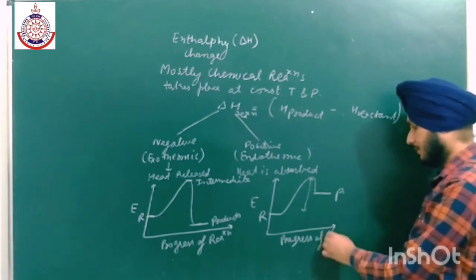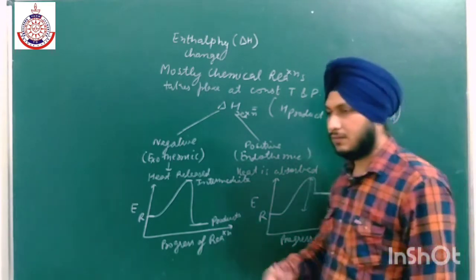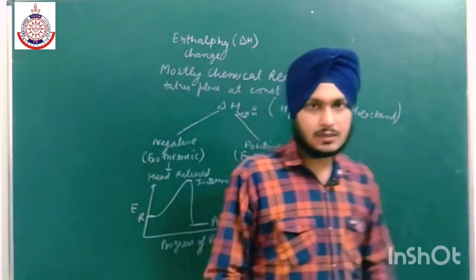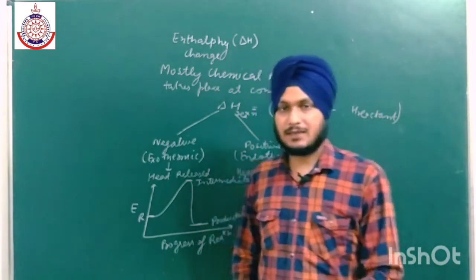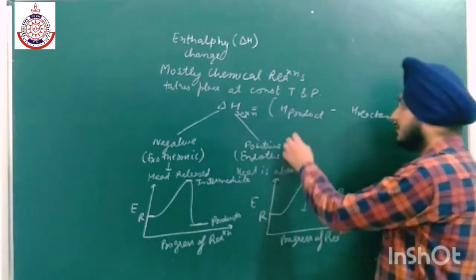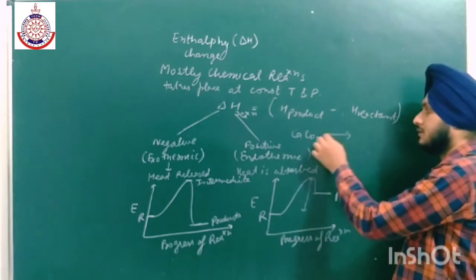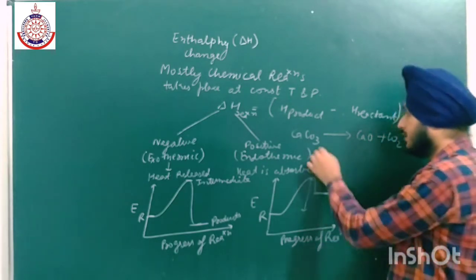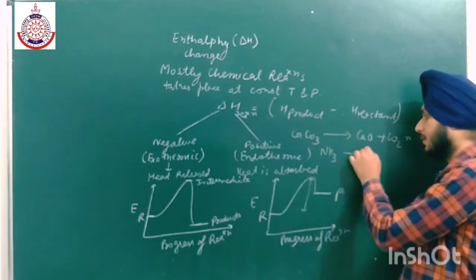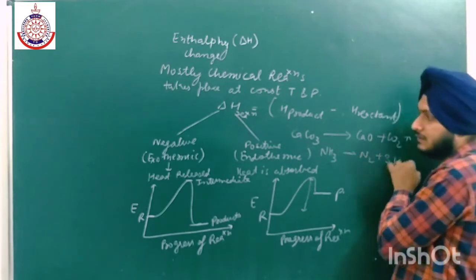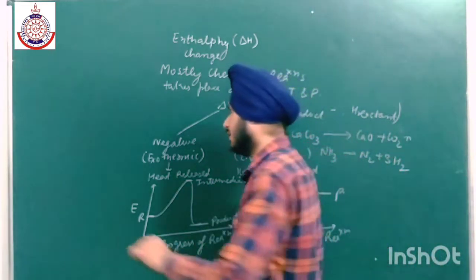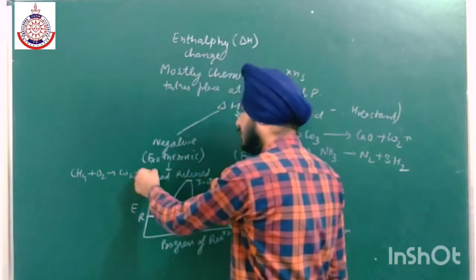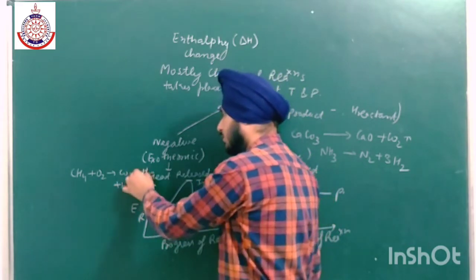Here the energy of product is higher than that of reactant, and here we have the progress of reaction, or reaction coordinate. There are a large number of exothermic reactions. For example, we have combustion reactions, which are exothermic in nature. And there are reactions in which we have to supply energy, like CaCO3: in order to decompose it into CaO plus CO2, we have to supply some amount of energy. Similarly, to break ammonia also we have to supply some amount of energy. In exothermic reactions, like all combustion reactions, if we burn methane, we will get CO2 plus water plus heat.